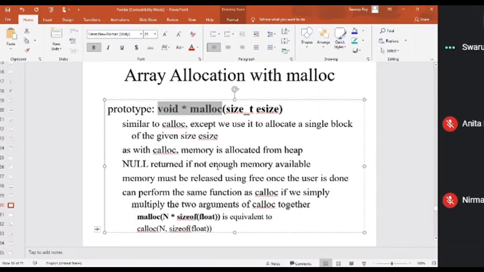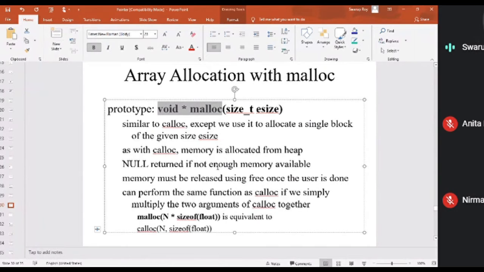Basically, unless you get a single block of memory, malloc cannot be successful. However, calloc will be successful, because calloc doesn't require a single block. It may be a series of blocks; wherever it can get them, it will occupy your size n. But malloc tries to get a single block.